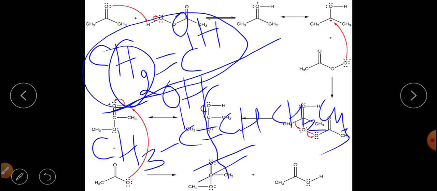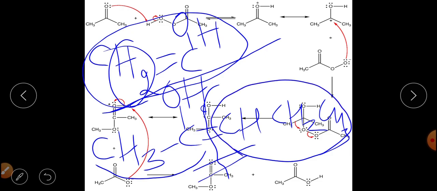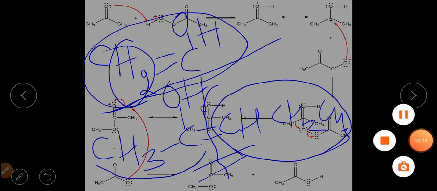This bond will be broken down, and this particular C double bond O group will come with the CH3 group, and this other moiety will get converted into another carboxylic acid. So this is the oxidation of ketone under drastic conditions. That's all about today's lecture. Tomorrow we will discuss some more oxidation reactions of ketones and how the ketones can be converted into different types of compounds by using those oxidation reactions.